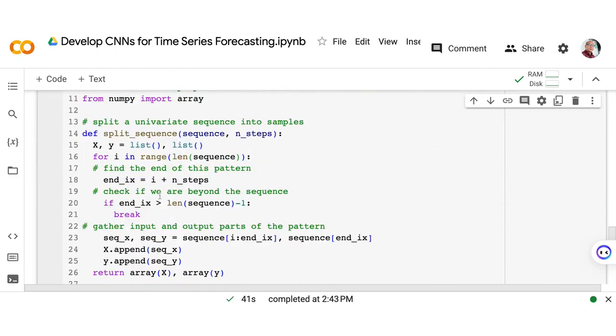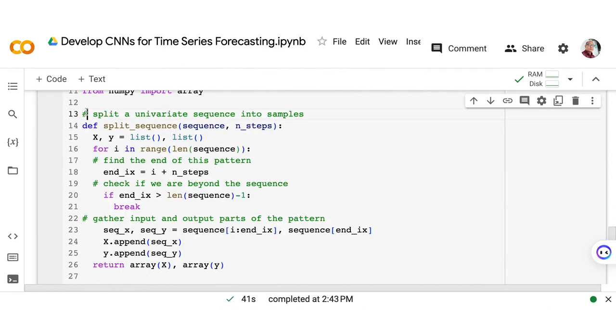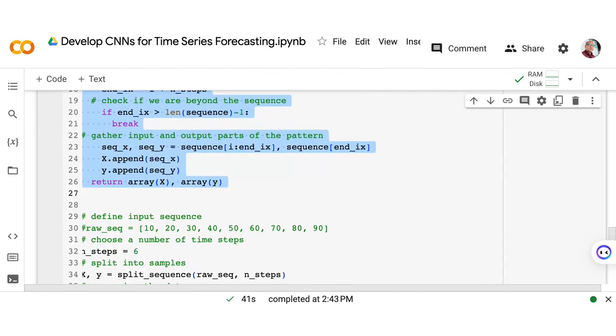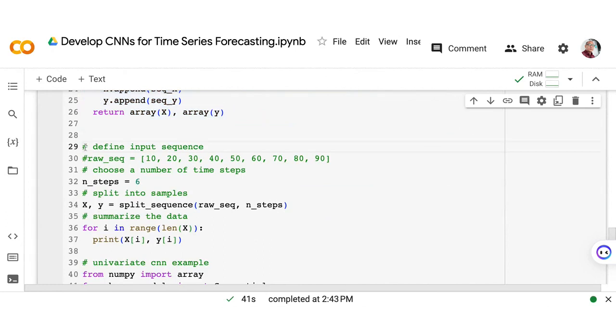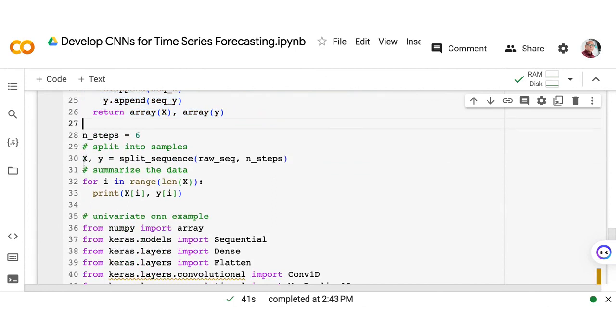And as you can see here, we managed to prepare our data to make our univariate sequence into number of samples. So we can delete this one, because we do not need it. We can delete this one. The number of steps is equal to 6.